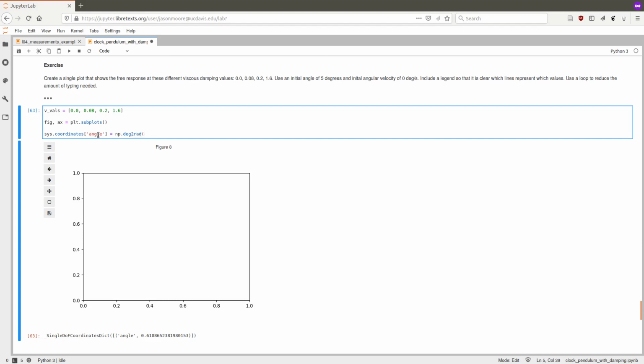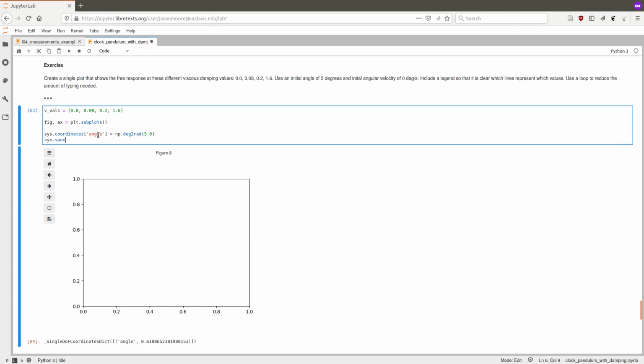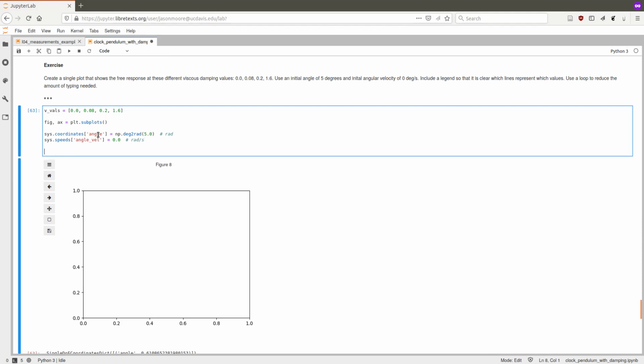These always have to be in radians, but I can just give it a 5 degree, use my little function, and then let's make sure that the angular velocity equals 0 degrees per second. So this is going to be radian per second, right, that we actually pass in radian. Okay? So I set the initial values,